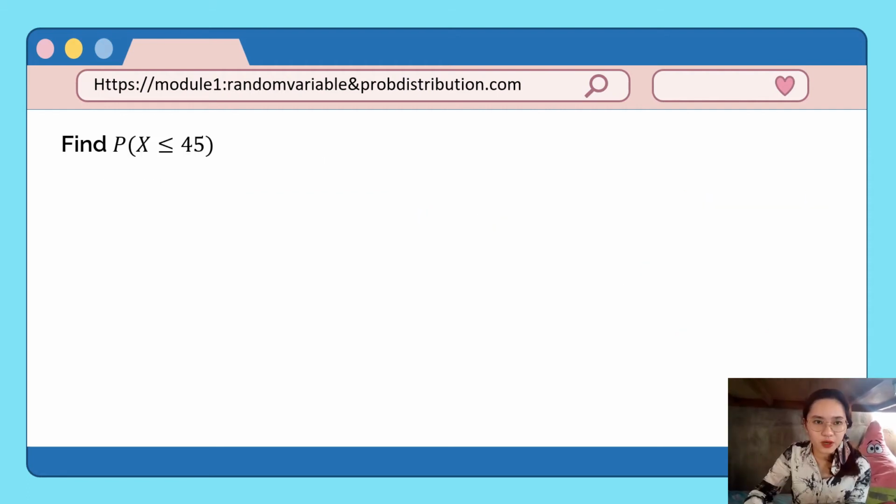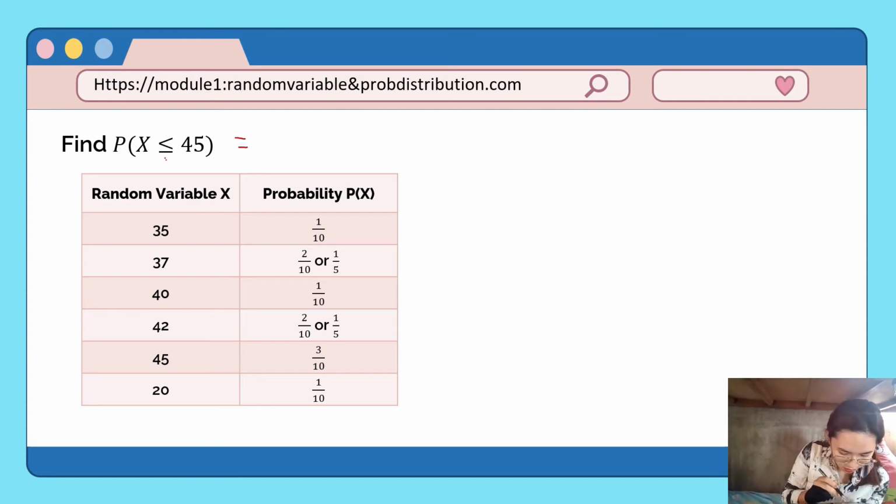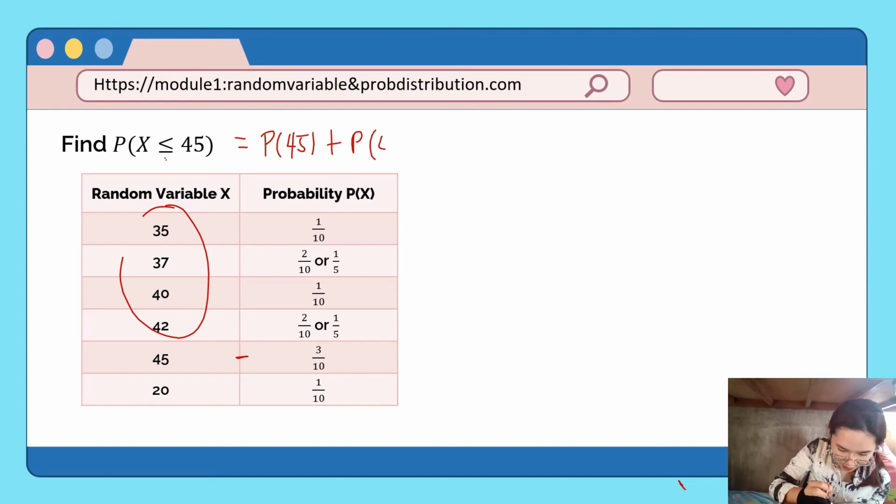Okay po? Alright, so next problem, find the probability of x less than or equal to 45. Tingnan natin yung probability. 45 pala, 45. So, ito yung hinahanap. Meaning, equal, may sabi itong equal. So, kasama to. Tapos, less than sa kanya. So, lahat ng mas mababa sa kanya. Yan. So, sulat natin. So, kailangan ay P45 plus P42 plus P40